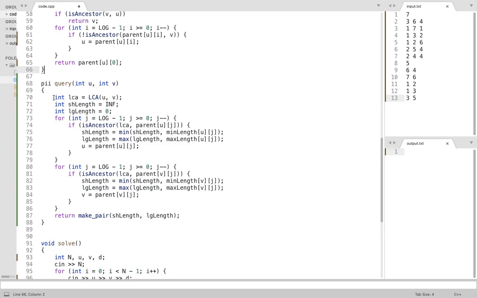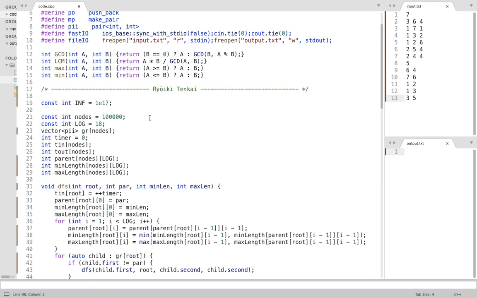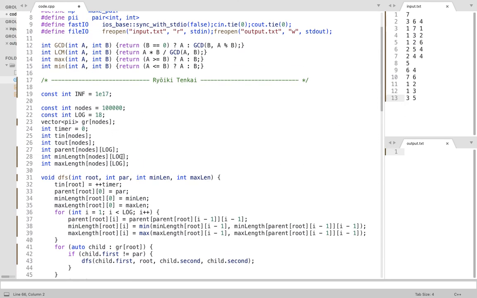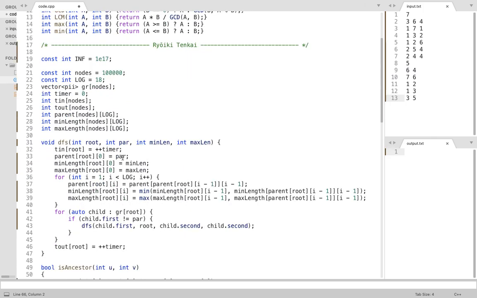First you find the LCA, let's call it small lca. I initialized two variables, shortest length and longest length. I iterated j from log minus 1 to 0. Why log minus 1? Because my dimensions are log, right?